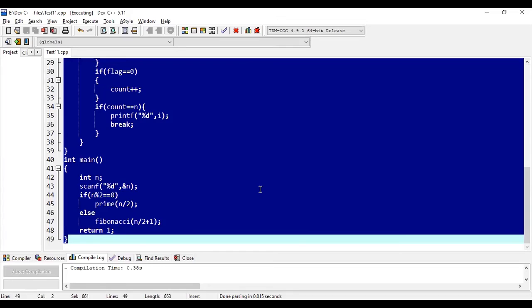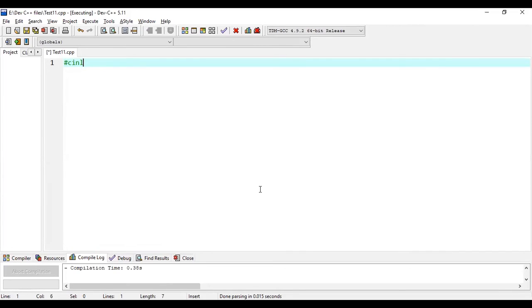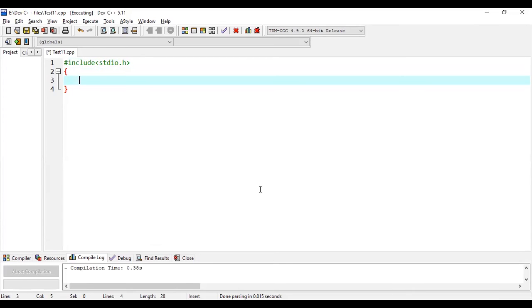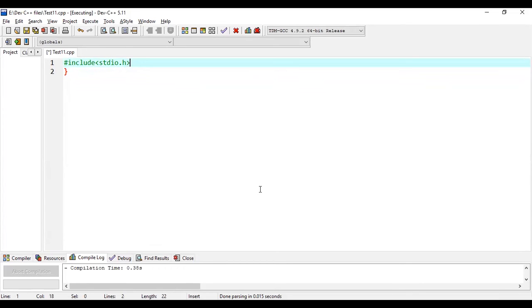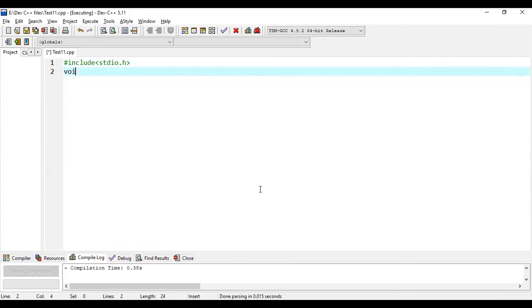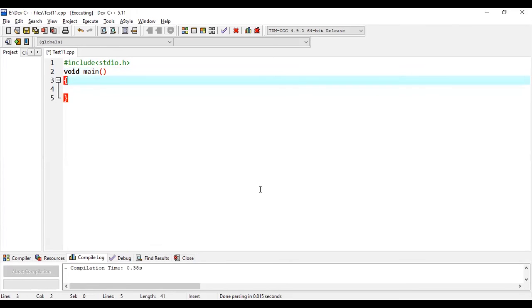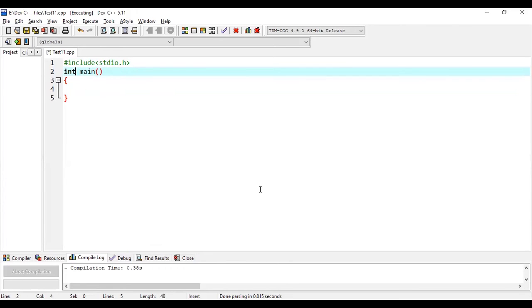Okay, so I'm stopping the screen share and then I'm sharing my Dev C++ screen once again. I'll delete everything and then I'll start with #include <stdio.h>. Sorry, I didn't write the void main and I gave the bracket. Okay, void main, and better I'll make it int main because sometimes you get an error here in Dev C++.